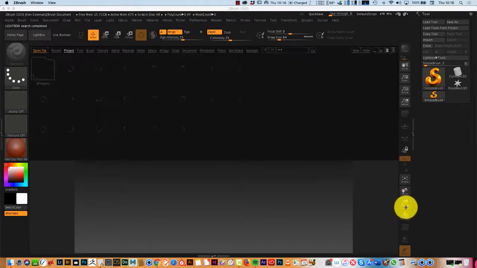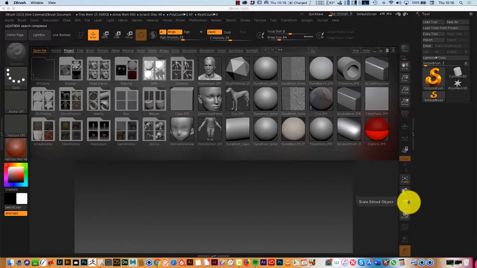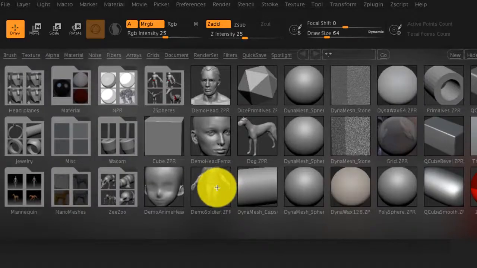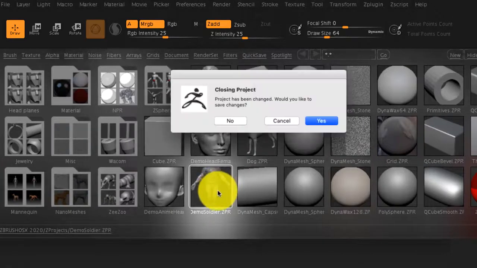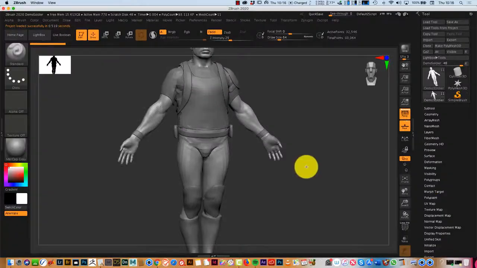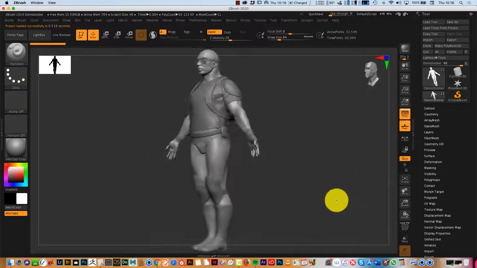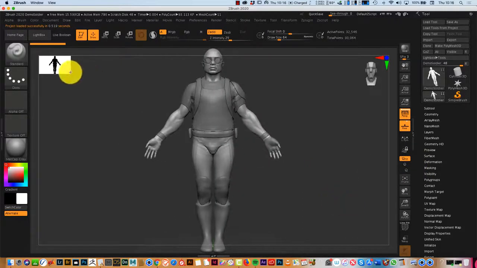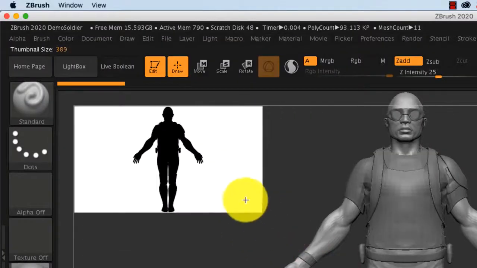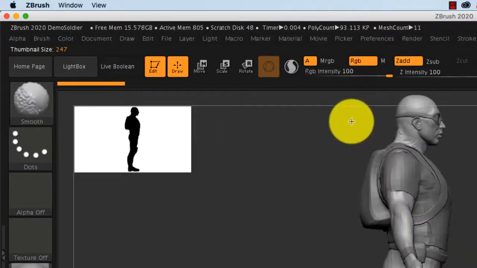Okay, so this is 2020. Now, I'm going to start again in 2020, but this time I'm going to maybe use a full body just to start. Now, I want to show you some of the differences in the new technology. Okay, so we have this new little silhouette tool here. So if we draw anywhere on our object,